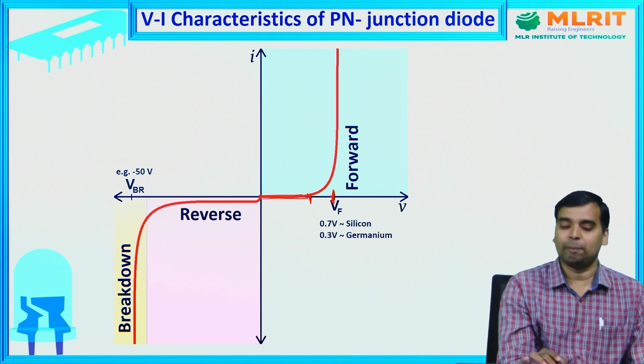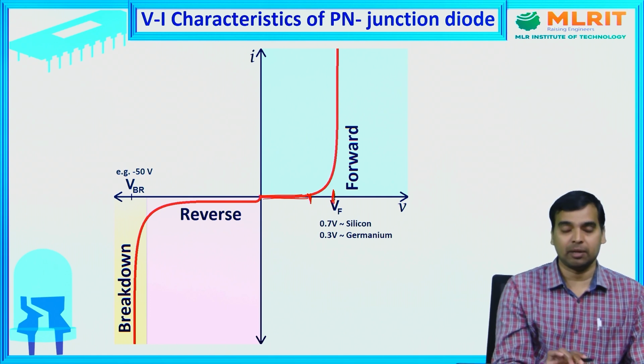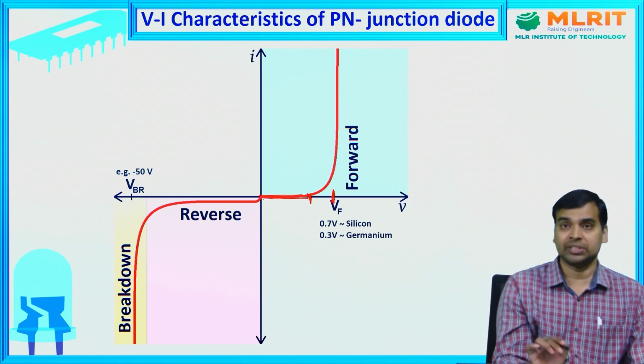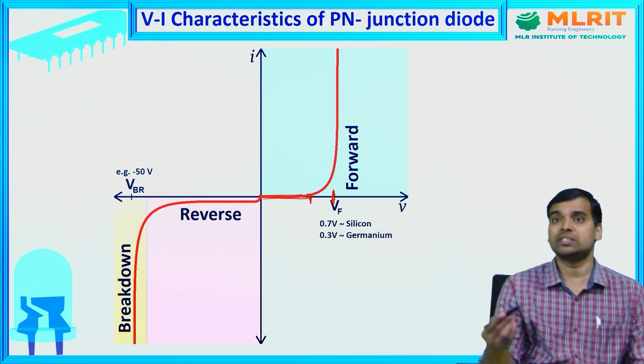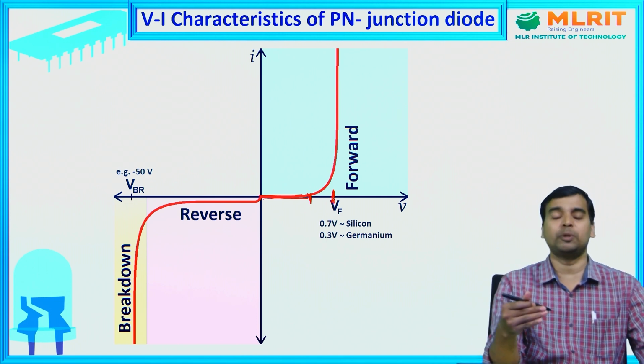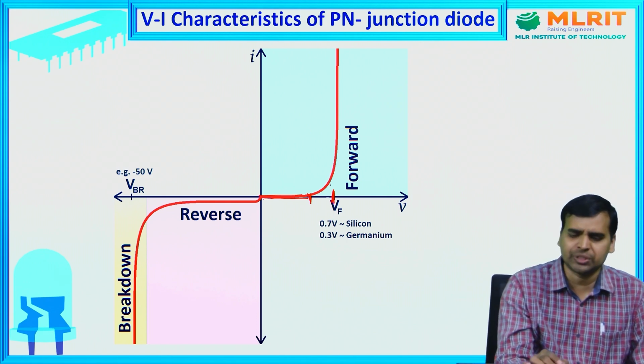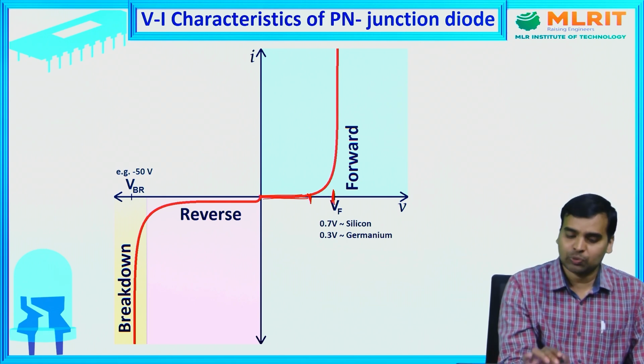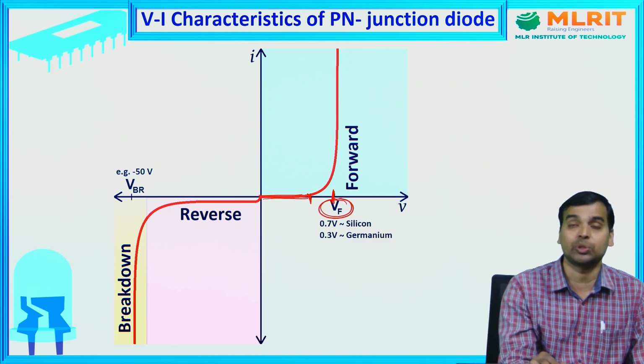If the applied voltage is equal to the barrier potential, then what happens? At the junction, the barrier potential disappears. If the barrier potential disappears, charge carriers can flow easily from P type to N type and N type to P type, so a large current flows. From that voltage onwards, that voltage is called the knee voltage or threshold voltage.